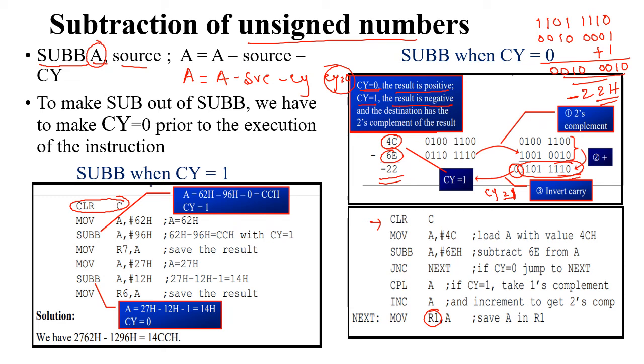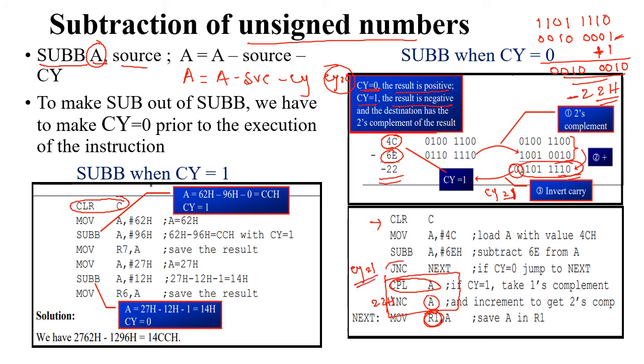So you need to convert that 2's complement number by complementing A, the 1's complement, as I did it here, then add it with 1, increment A. Increment A means add 1, and you will get the value of the accumulator as 22h. Then move that content to R1. This process of complementing the accumulator and incrementing it by 1 is to be done only when the carry is 1.